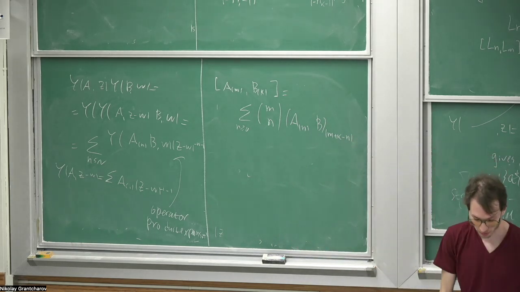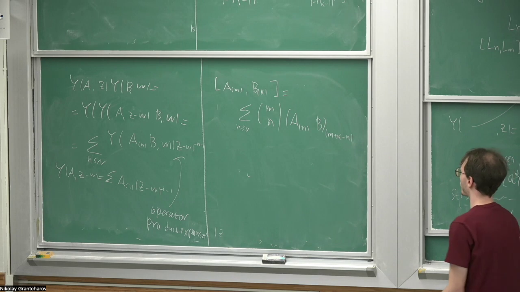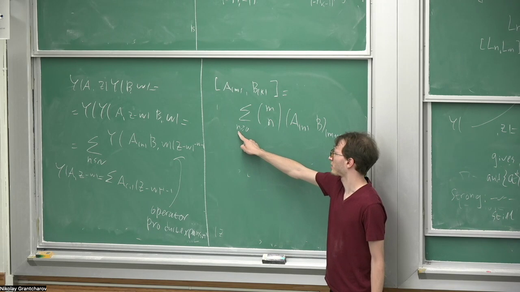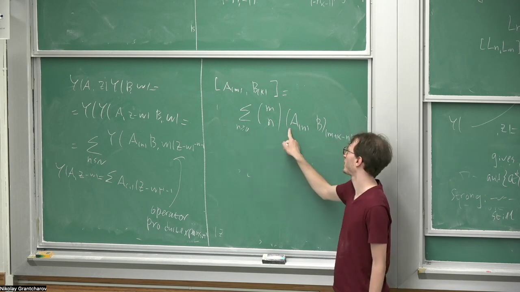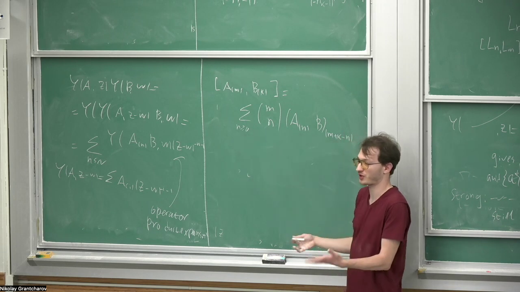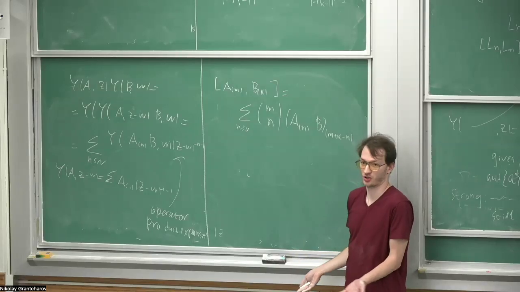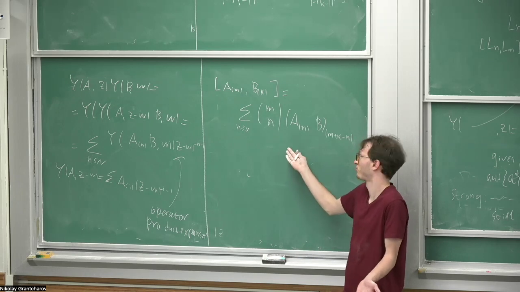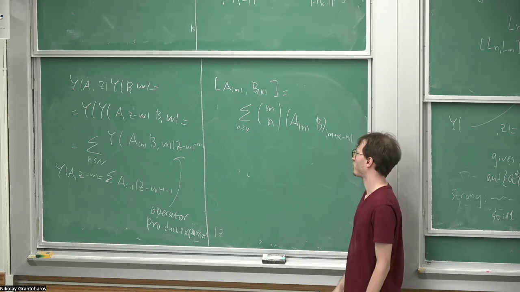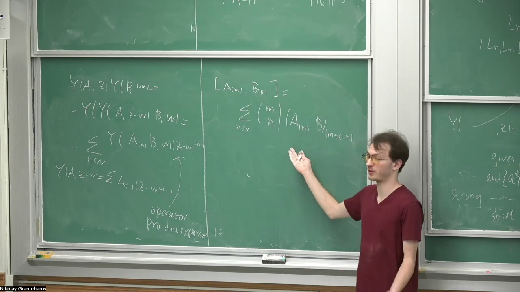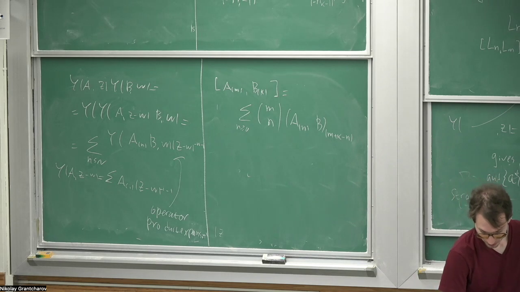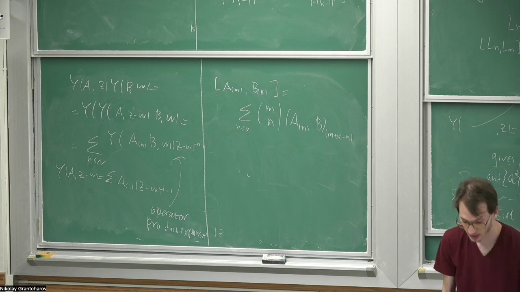So it may not look very useful, but the good thing is that when n is positive, it corresponds to negative powers of z, and things corresponding to negative powers of z end soon. In some applications they end at first or at second. It's a cheap way to compute commutators. And we'll do one consequence of this almost immediately. So let's